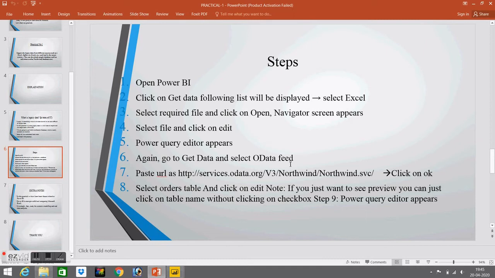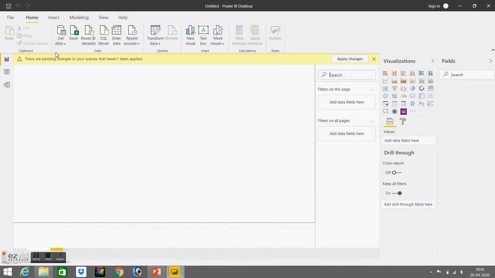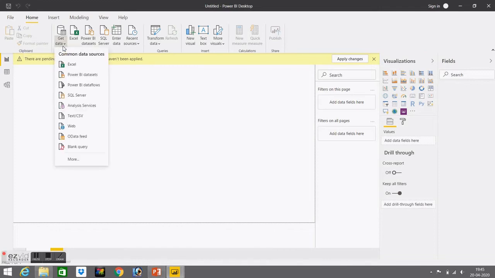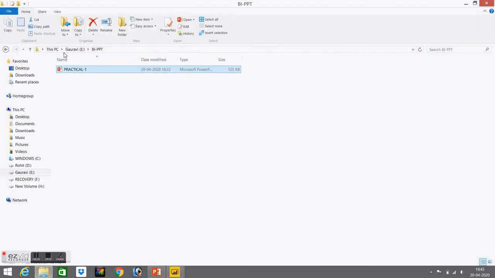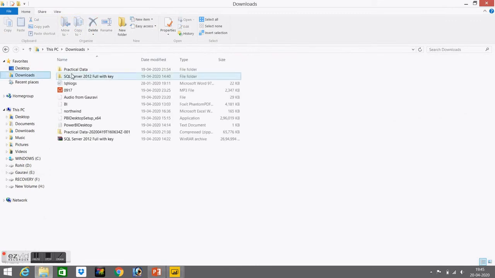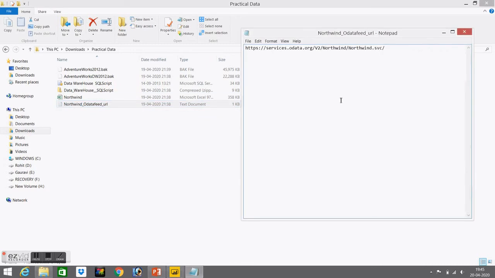Now we are going to learn how we import our data from an OData feed. Same process: Get Data, go to OData feed. Here we have to give a URL link which I already stored in Downloads, in Practical Data.